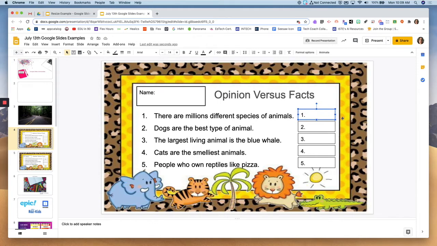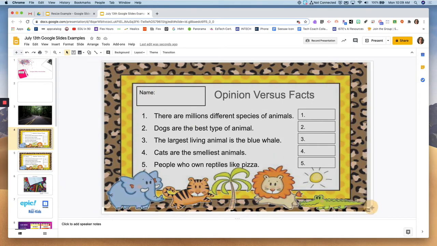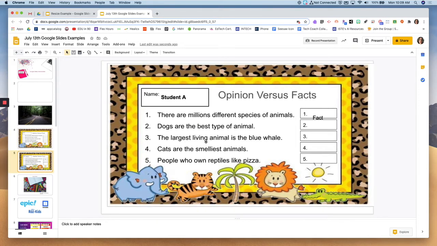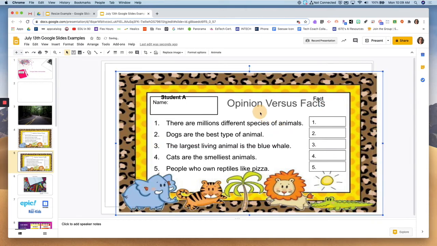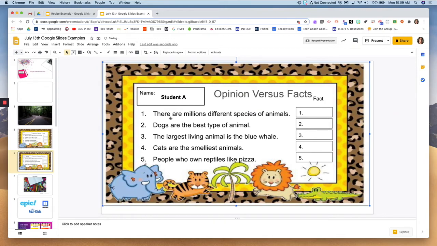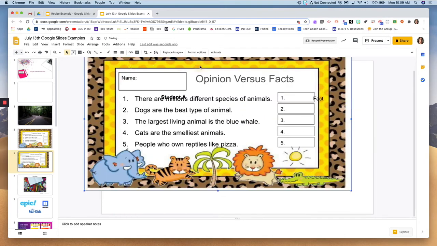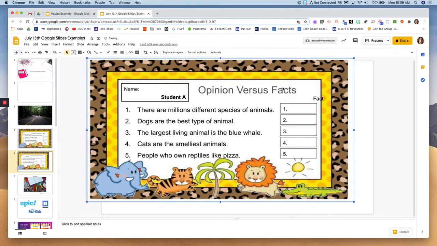And it will take a picture of it. And I probably should have unclicked off of that. Let me do that one more time. So it's going to take a picture of whatever I highlight. And then what I can do is insert this as a background. You'll notice on this next slide, the students are able to type in some text boxes, but they can't delete this whole thing. Oops, I didn't insert that as a background, so it's all static, but I can move it, right? But if I insert it as a background, let me do that real quick,